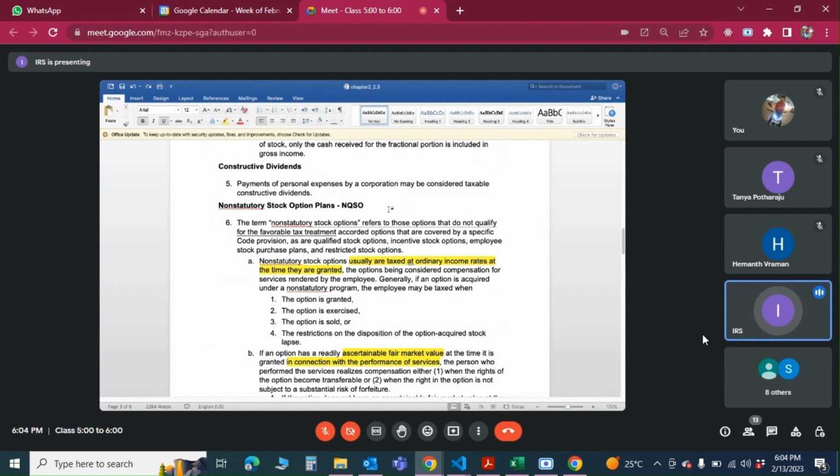The point is that here, at least, you should be able to distinguish what is NQSOs, what is ISO, what is ESPP, and have some broader-level tax idea. I don't even expect you to remember all those rules, but something should be clear. At least don't mix up all those things. When you're working on the tax return and the client tells you I have some stock options, you should be able to ask the question, what kind of stock options?